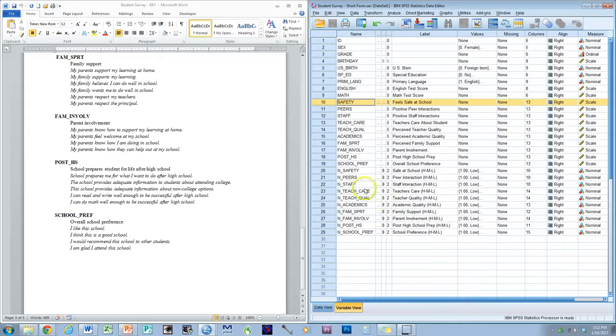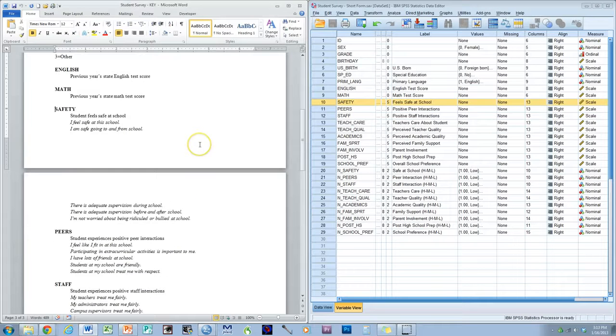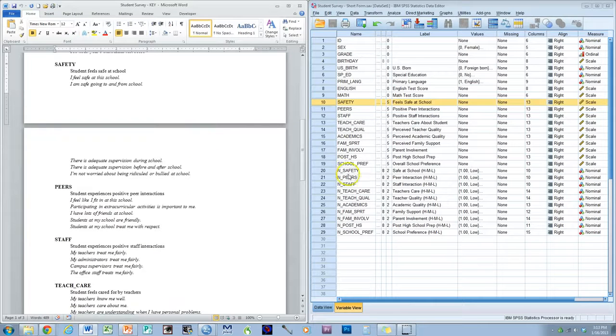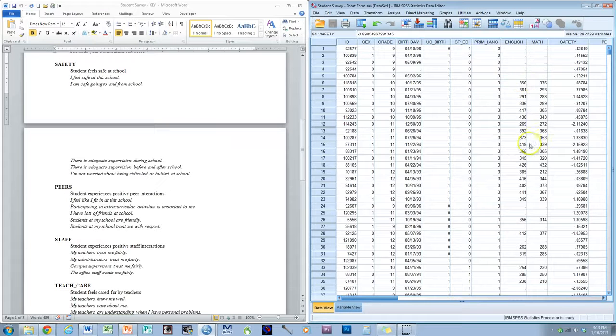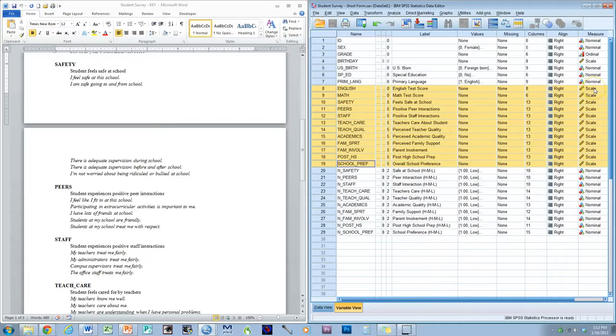And then what I did is we have the same variables. So the first one of these was safety. We have the same variables as nominal level variables. So notice that all of these are scale. The English and math scores, these are in the original standard scaled units. All the rest of these are in z-scores. They're standardized units. So it tells you how they compare to the other students. All the way down here, these are the same variables, from here to here. These are the exact same variables. Instead of scale level, they're nominal level.